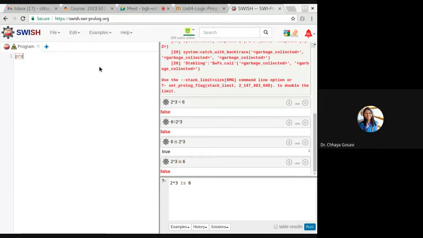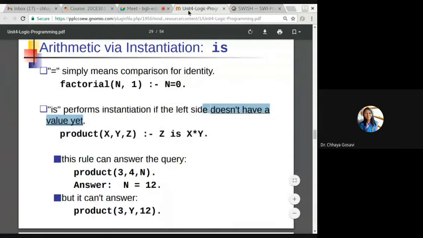Product x comma y comma m. M is your result. And how do you define this function? M is equal to x into y.